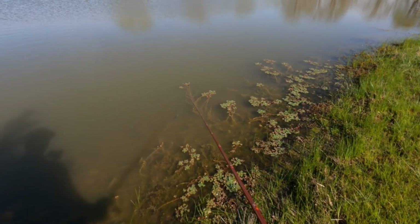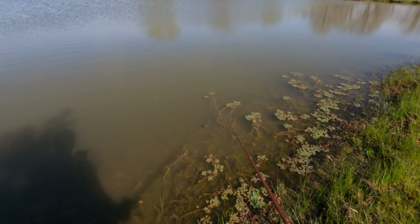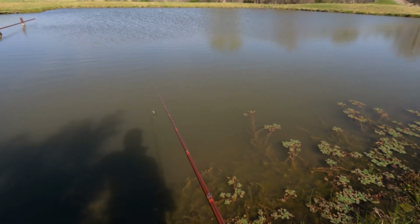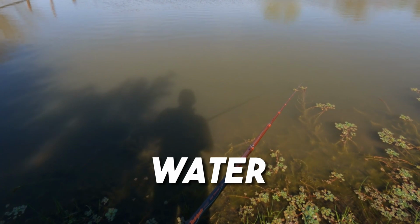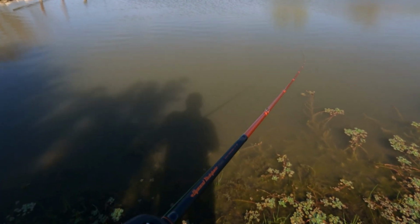Now, as you can see, the water's kind of clear, kind of murky. Probably about 6 to 8 inches of visibility, maybe a foot tops. This pond's just a muddy bottom. I put a lot of rock around the edges to try to help give the fish some kind of structure to cling to. I'm not exactly sure what the water temperature is, but I do know that today's high is